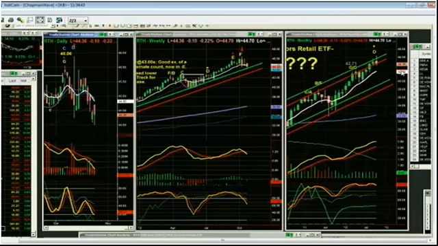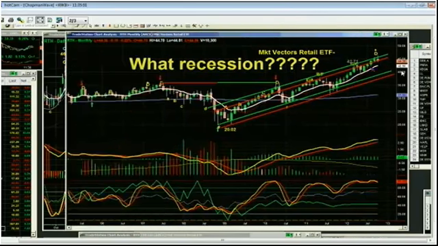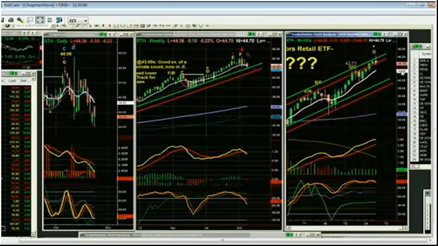But in the meantime, back at the ranch, the RTH, the iShares, it's the Market Vectors Retail ETF. Remember what I typed in here, what recession all the way up. Now it's leg D in the monthly, so the technicals there are still good. But the weekly chart is testing the up channel inside track support level after a peak F, and everything about the technicals says this is the action of a peak F.